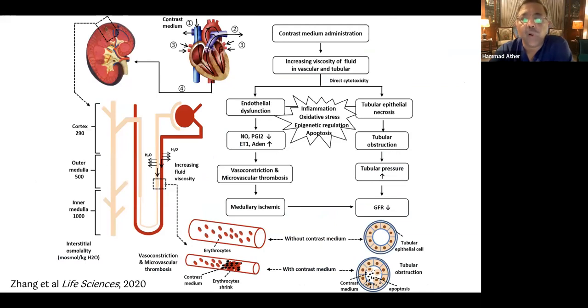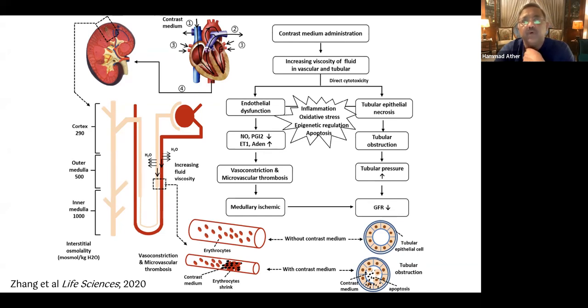Now, this is a little pathophysiology of how it happens. So it's important to see that once the contrast agent is injected intravenously, it goes through the circulation into the kidney, and there it can have significant effects. So increasing viscosity of fluids in the vascular and tubules results either in direct toxicity, which is due to tubular epithelial necrosis, and these necrosed tubules can actually clog and cause tubular obstruction, which increases the tubular pressure and obviously